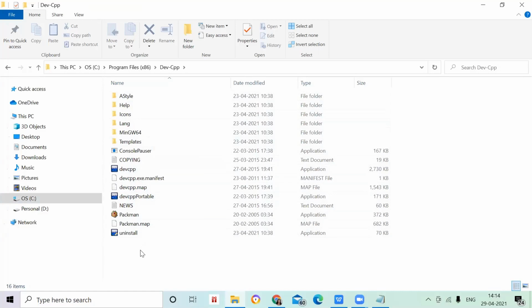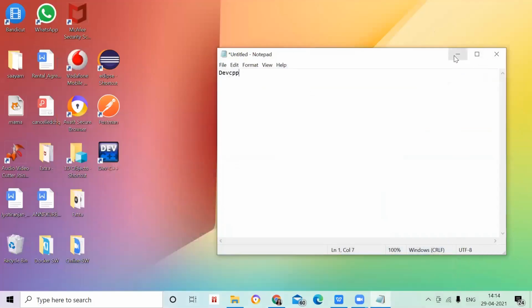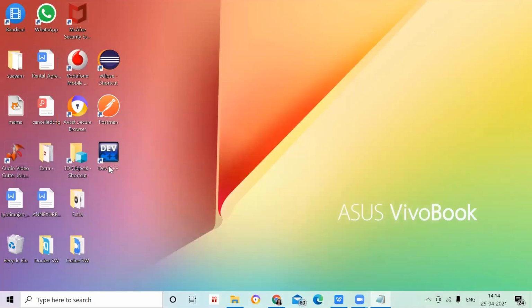In case you want to uninstall it, you go for this button to uninstall. It will also create a shortcut on your desktop. Here you can see I have the shortcut of Dev C++. So this is the file which I got. Now we will not touch this.